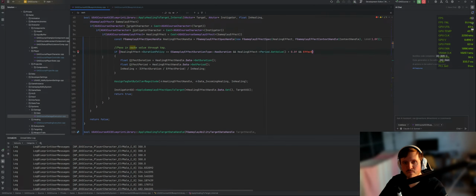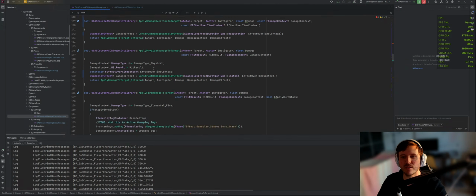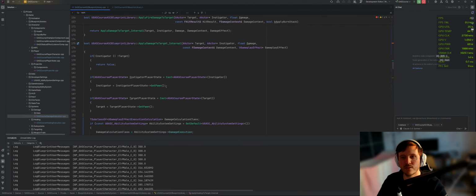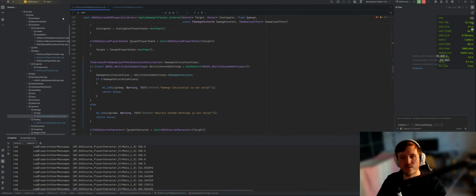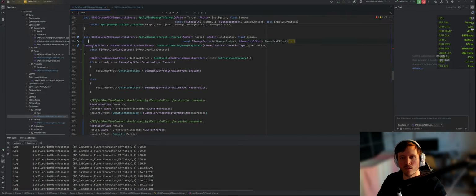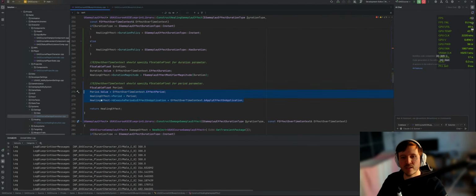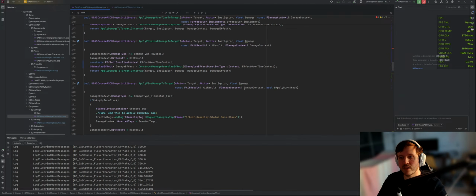Okay, so I'm definitely missing crucial information. Because yeah, here I'm constructing somewhere. This is where I'm putting this stuff in here, but I still think I need to pass in